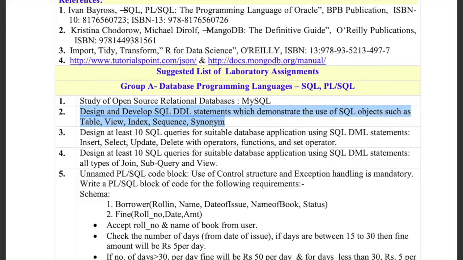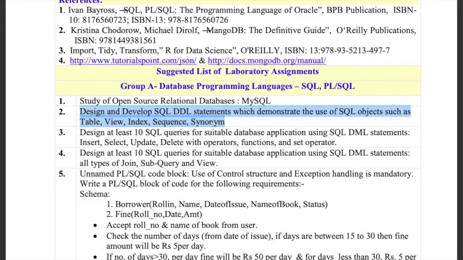So a table is a table, as you know, it will have a number of records and some columns. For a view, what we are going to do is take an inner join of two tables based on their foreign keys, and create a small view of the combined view of both those tables. An index is so that you can access records easily when you have maybe 1,000, 10,000, 100,000 of